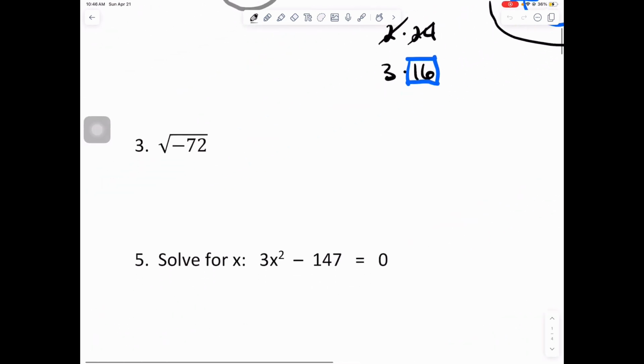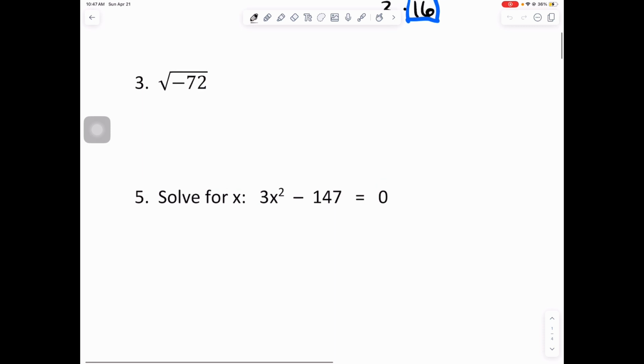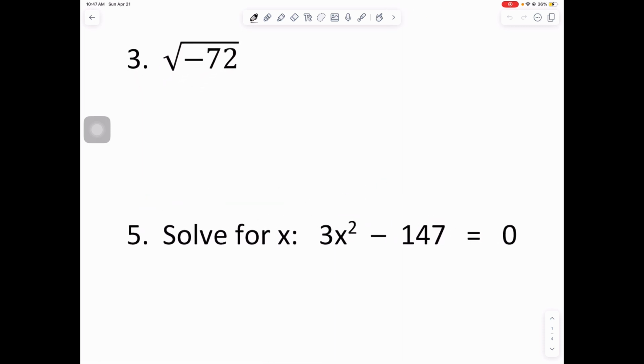All right, and moving forward over to number 3, we have the expression the square root of negative 72. Oh my goodness, 72 is not a perfect square. It's also negative. What do we need to do? Yes, we need to start by finding those factors, because within those factors, we will find the greatest perfect square. Sometimes there is not, but let's take a peek through. All right, starting with 2 times 36. Yes. Go ahead, and what do you like to do? Yes, I do like to put that square around it, because now I know I've found the greatest perfect square